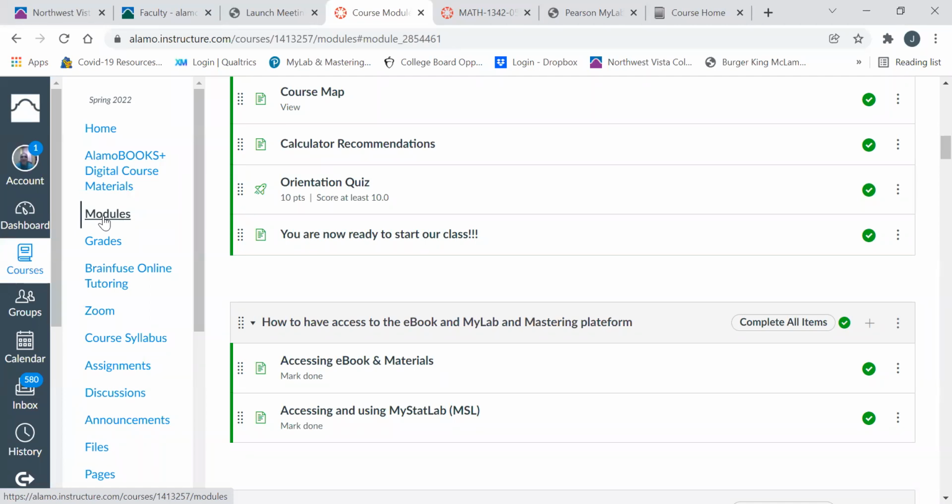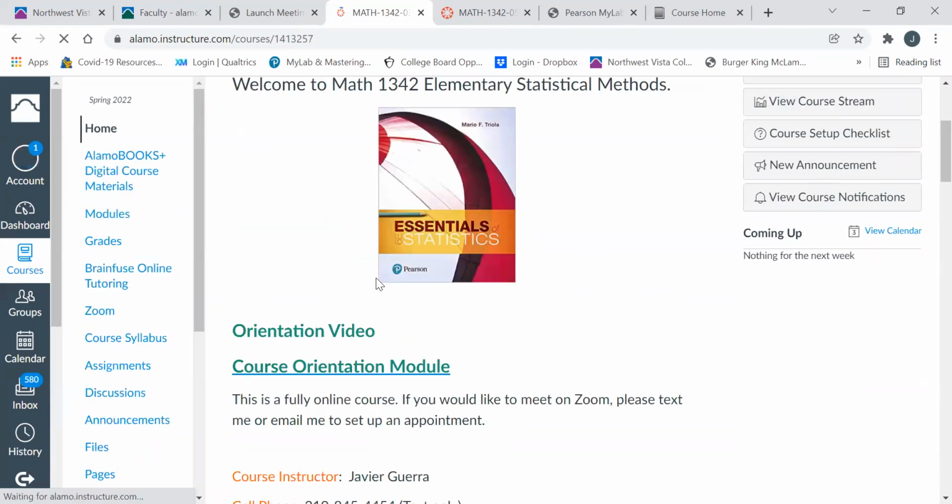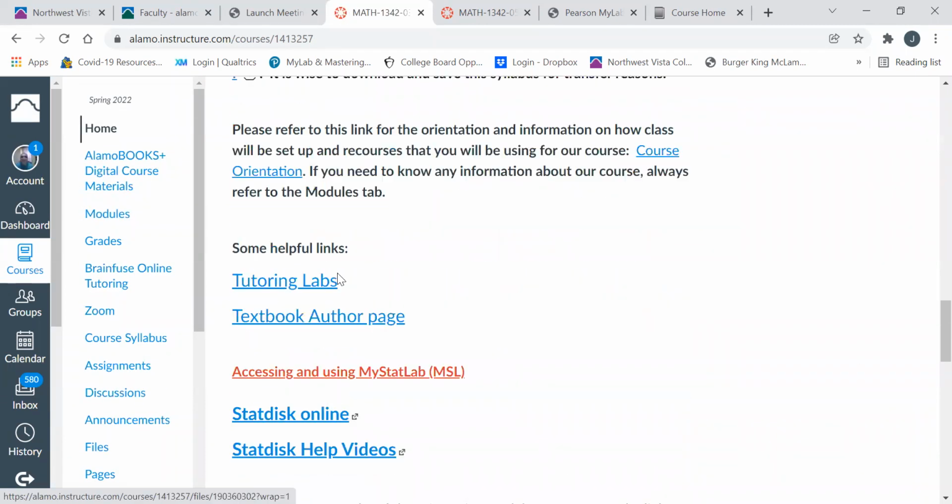So I have it sectioned out per week, and I'll go through that in a little bit. So I'm going to go back to my home page, and on my home page, they have some tabs. If you guys need any help with any of the material, we have tutors here on campus that you can meet with, and I think they're doing Zoom for now. So I think the first 2 weeks is going to be through Zoom,